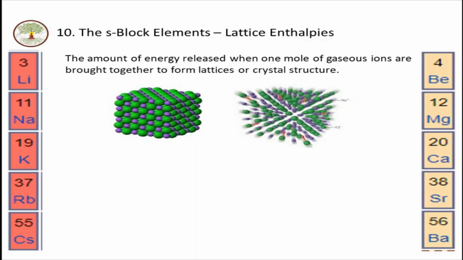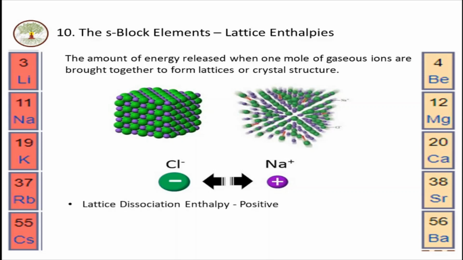Lattice enthalpy is a type of potential energy that may be defined in two ways. In one definition, the lattice energy is the energy required to break apart an ionic solid and convert its component atoms into gaseous ions. This definition causes the value for the lattice energy to be positive, since this will always be an endothermic reaction. We can call it lattice dissociation enthalpy.